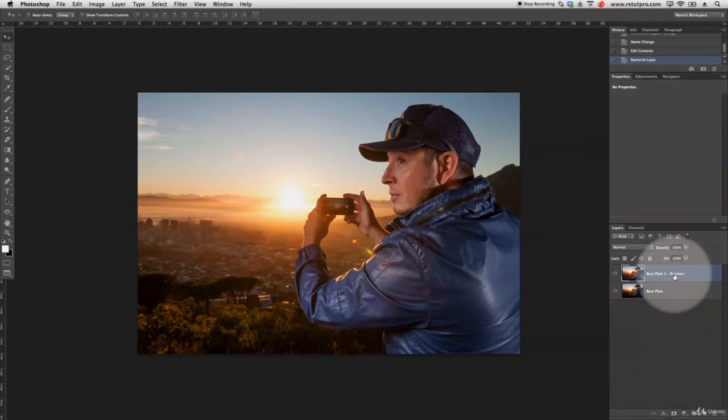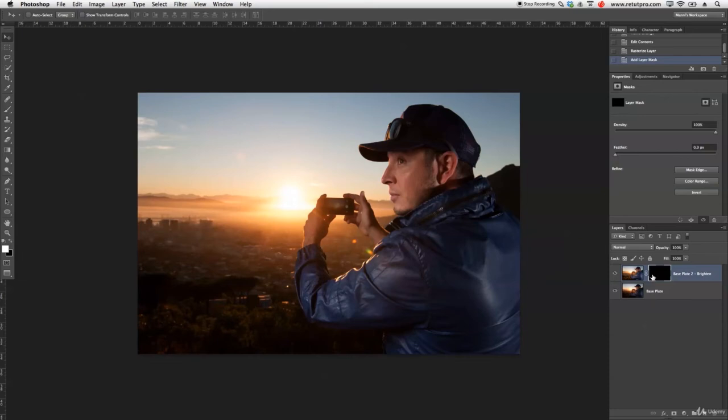On this base plate, what I want to do is also hold Alt and create a hidden mask, because we just want to paint in all the bottom parts here from the city and from the nature. We don't want to cover the guy. And as well, I'm not too happy with the brightness here from the mountain, and the sky looks a little bit dull. So again, hold Alt, select the mask icon down here, and that will basically create a hidden mask. Now on the hidden mask, we're going to press B for the brush, white foreground color, again 100% opacity,